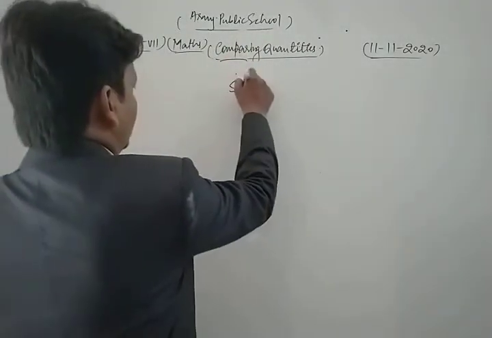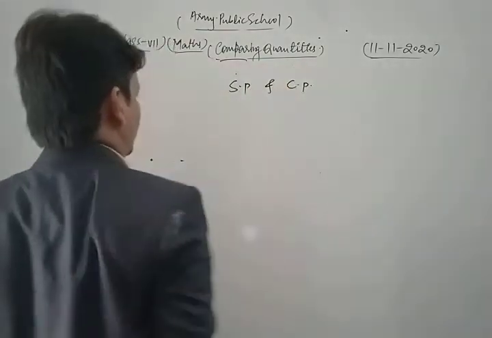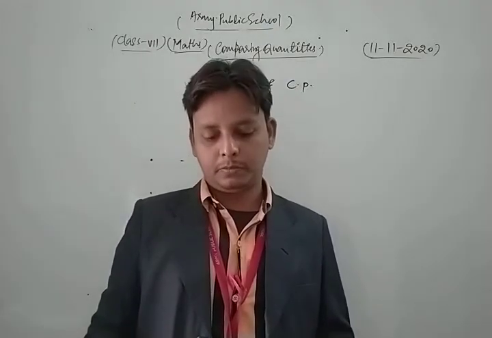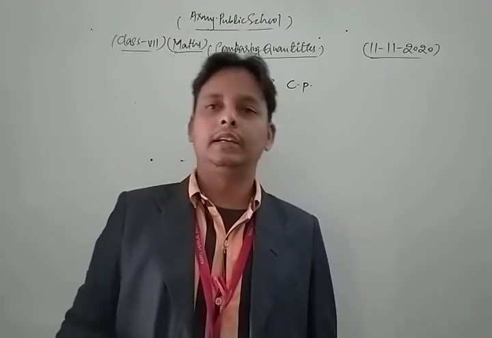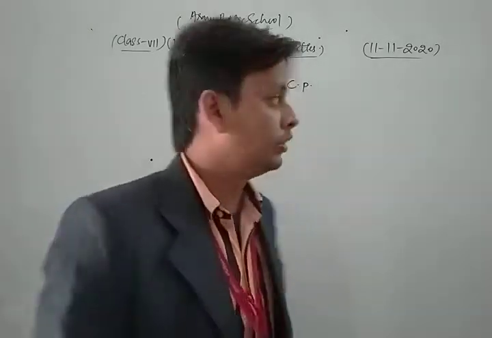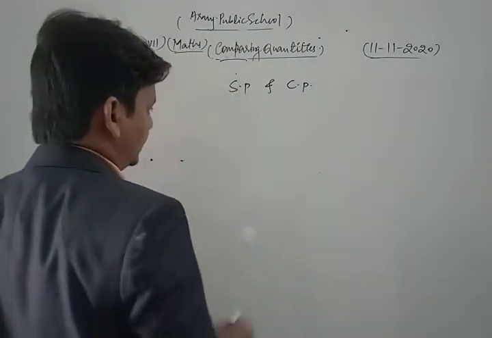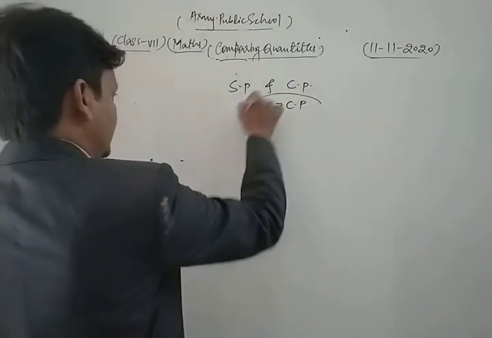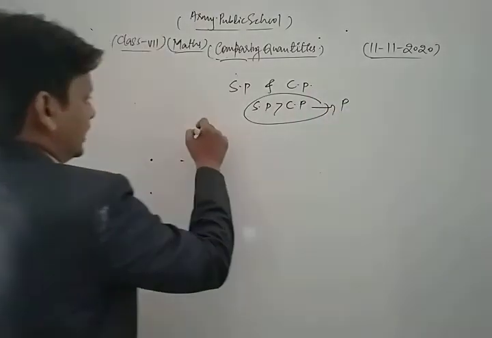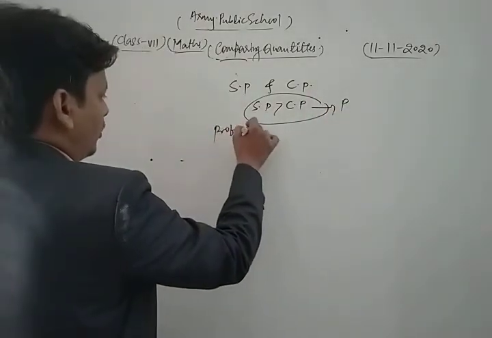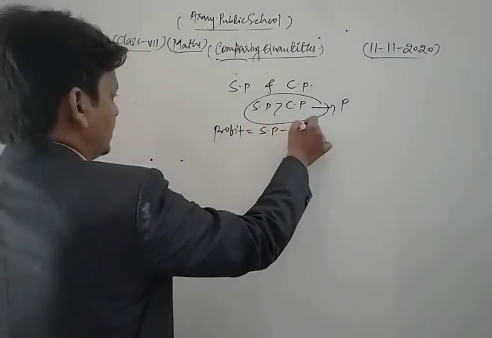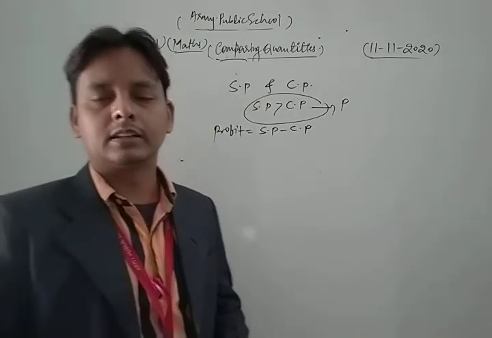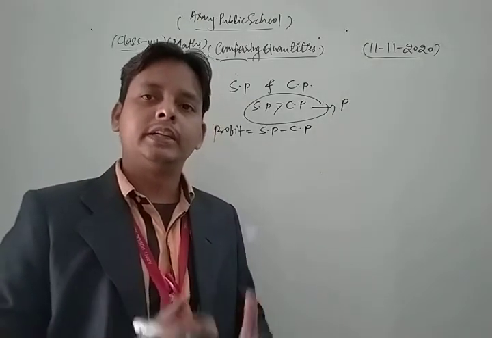First is selling price, and second is cost price. The price at which any object is bought is called the cost price, and the price at which any object is sold is called the selling price. Now there are two special conditions. If the selling price of an object is greater than the cost price, then we get a profit. The formula for profit is selling price minus cost price. So in this way, if the selling price of an object is greater than its cost price, then in that condition we get